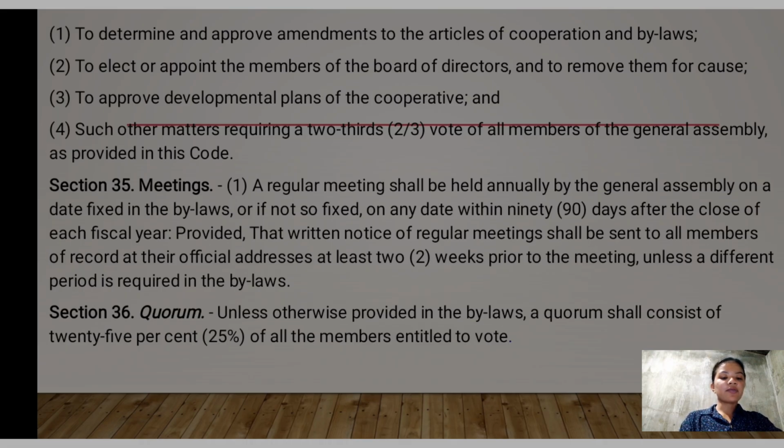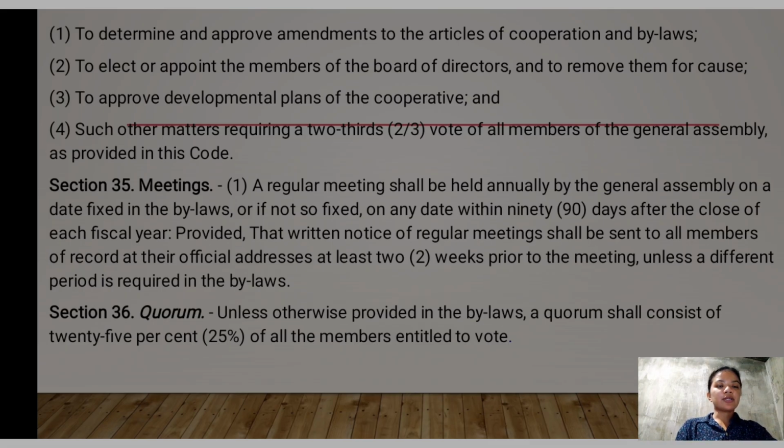Second, written notice of the regular meeting must be sent to all members at their official addresses at least 2 weeks before the meeting, unless the bylaws specify a different notice period. Section 36, Quorum. Unless otherwise provided in the bylaws, a quorum shall consist of 25% of all members entitled to